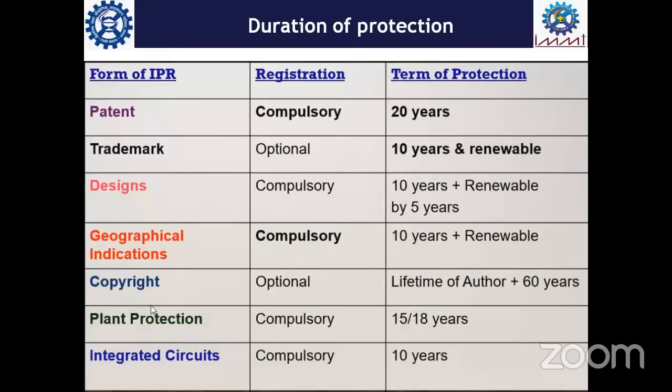Okay, so this goes under the Plant Protection Act. And once you develop a new plant variety, something related to plants, depending upon the guidelines suggested by the Plant Protection Act, if you satisfy those criteria, you can get a plant protection. And if you get the protection, it will be valid for 15 to 18 years. Once this time period is over, you do not have any protection. Anyone can use and anyone can exploit. Similar is the case with integrated circuits. We have another act, the Integrated Circuit Act, and the duration of protection given here is about 10 years.